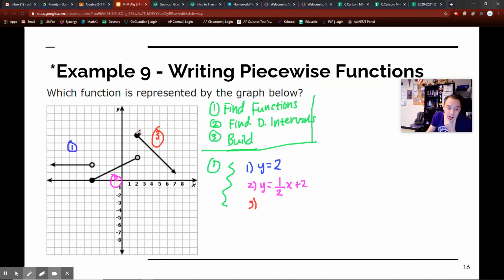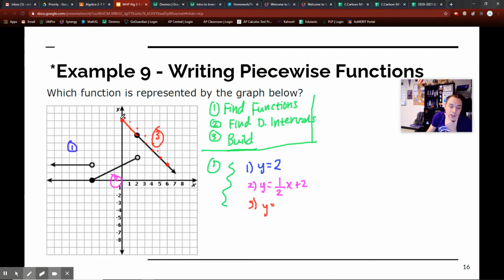What's my third? All right. Now let's try to continue. First of all, I need to find my slope. So let's just pick an arbitrary point right here and then go up 1 and then over 1. Well, that's easy, 1 all over 1. That's easy. Wow. Okay. So that means